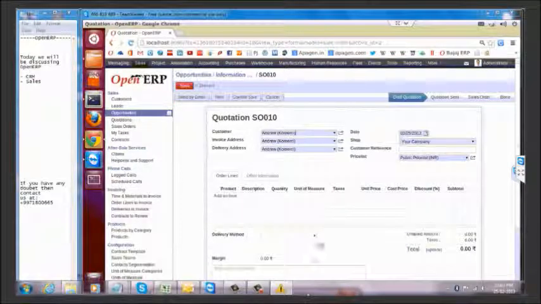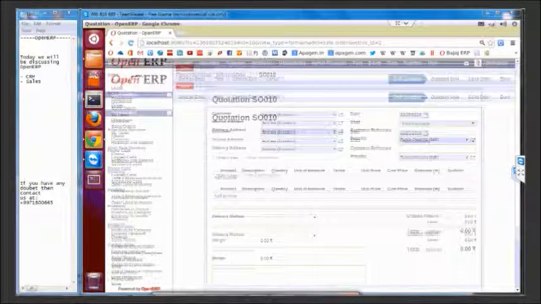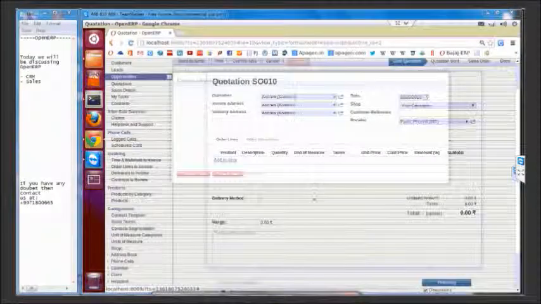As we can see, we are in a quotation form now. We have jumped to quotations right from the opportunity. Since we had marked the opportunity as won, that means now no opportunity exists. So as you can see, as we move from lead to opportunity, the lead doesn't exist. When we move from opportunity to quotation, we mark it won, then the opportunity doesn't exist anymore. It has now become a quotation.